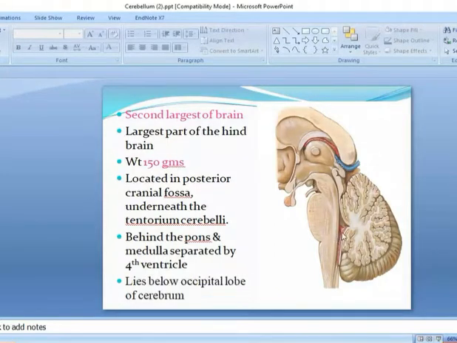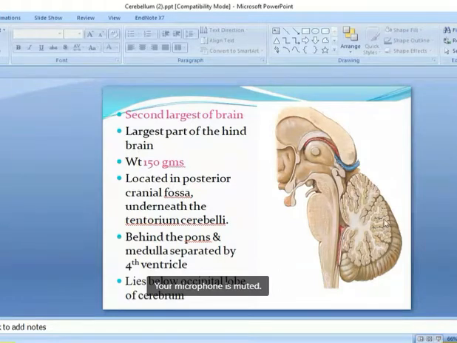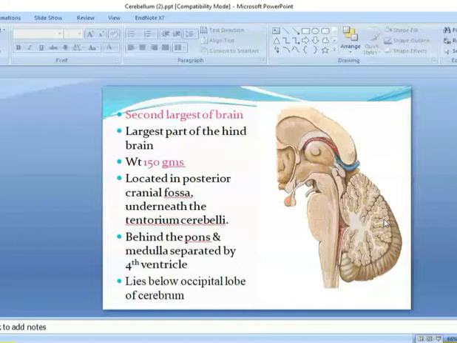Cortex is drawn into numerous folds and folia. Because of these numerous folds and folia, it provides a large area to accumulate neurons in small space. So these are numerous folia. So only 15% of the cerebellum's neurons are exposed on the surface. 85% are buried inside. Because of these large folia or numerous fissures like this, it can accumulate in small space.